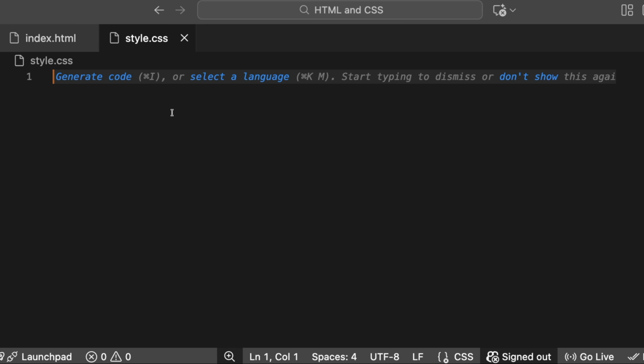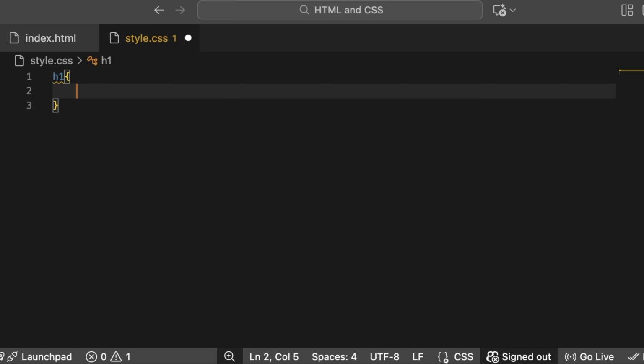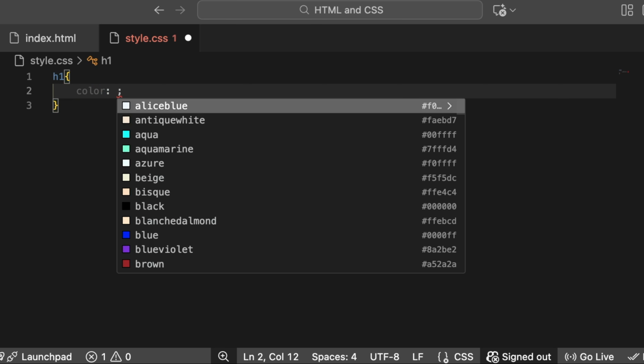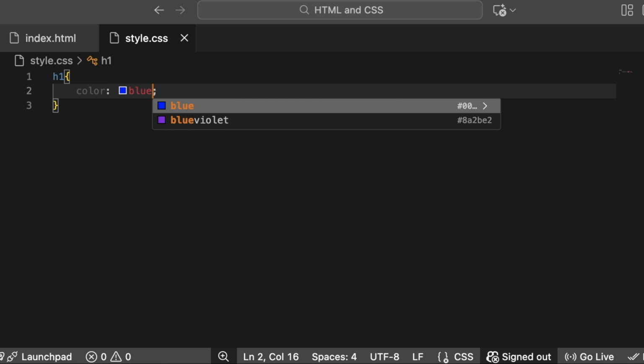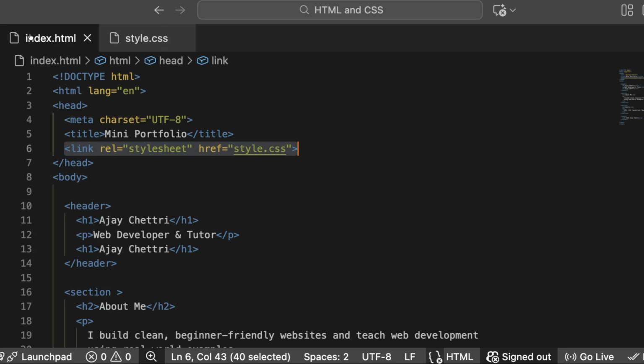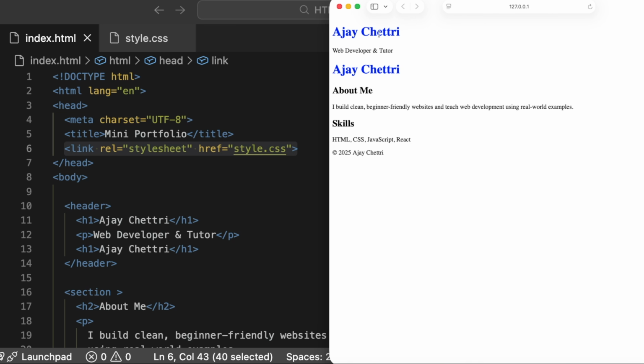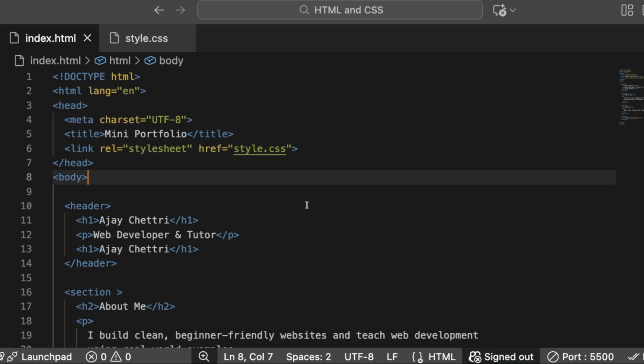Now what I'll do is I'll type in h1 and color as blue. Okay, I'll save this and I'll go to my HTML file and go live. As you can see that all my h1 has been colored blue, and that's external CSS, and it's quite useful